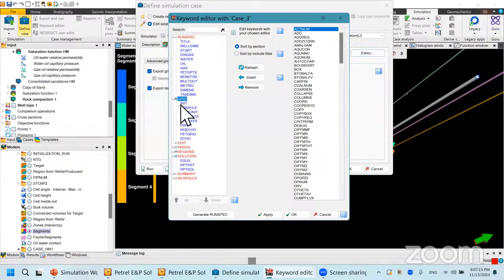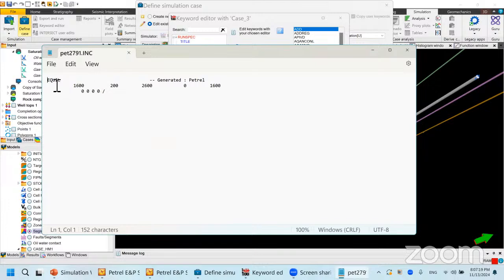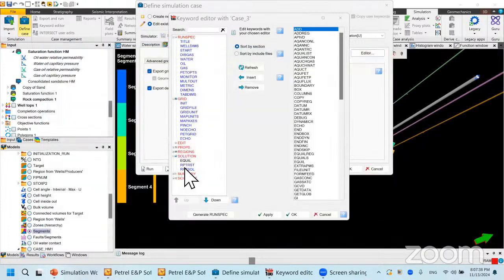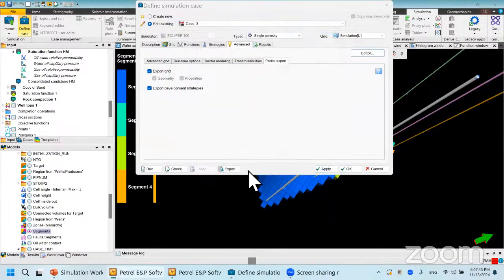In the solution section, as you can see, we have this keyword to initialize your model based on the equilibration approach, using the fluid gradient and the fluid pressure at a particular datum, plus the PVT and rock physics data. So once you finalize this, you can export your run to generate a data file, or you can run your